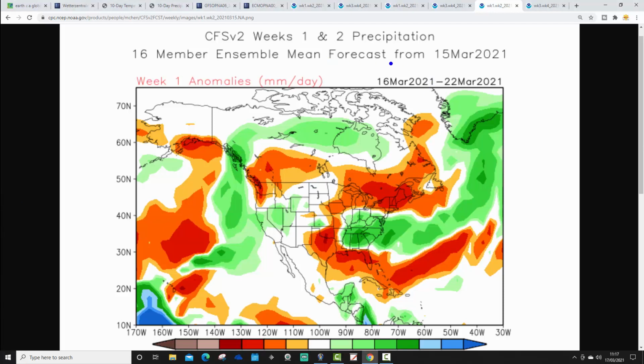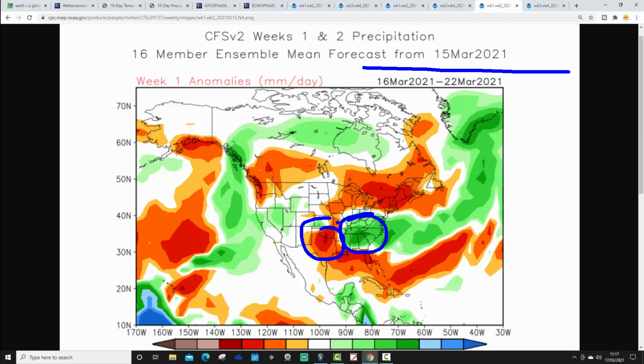This is how week 1 precipitation only looks, finally. So this is going to be the 16th to 22nd of March. Above average rainfall in the southeastern corner, actually looking a bit drier than average through many parts of Texas and up into Oklahoma as well, which is a little bit strange. But I suppose once these storms push through, and we're going to have these storms for northern Texas, Oklahoma today,